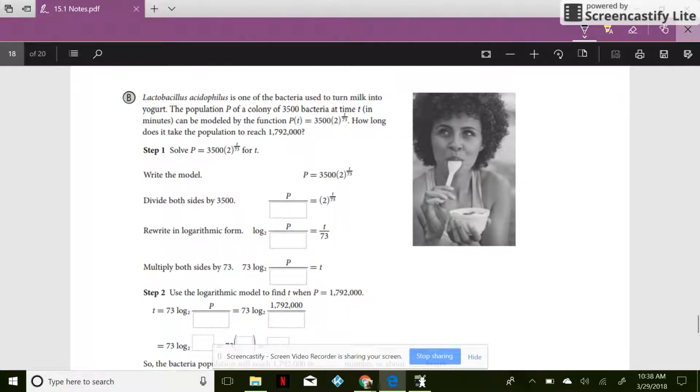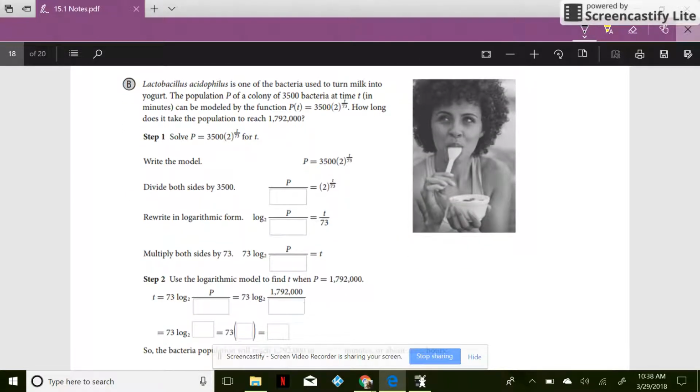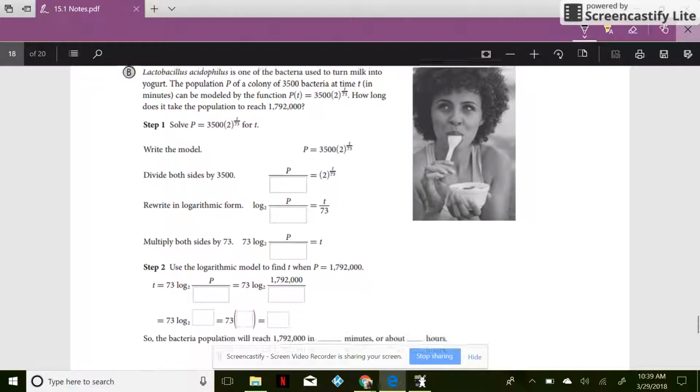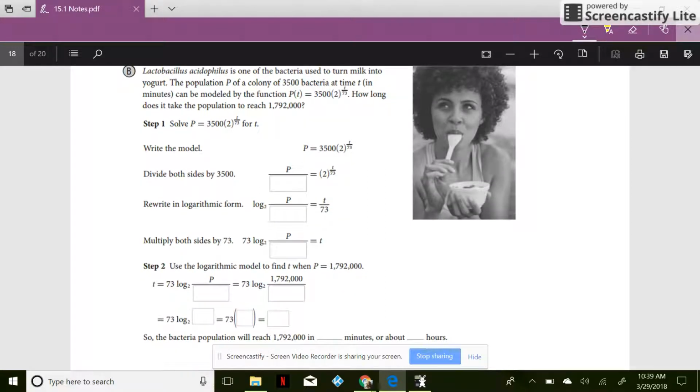We're going to work through this one though. We've got some type of bacteria used to turn milk into yogurt. The population of a colony of 3,500 bacteria at time t can be modeled by the function p of t is equal to 3,500 times 2 to the t over 73. How long does it take the population to reach 1,792,000? So we're solving our logarithm for